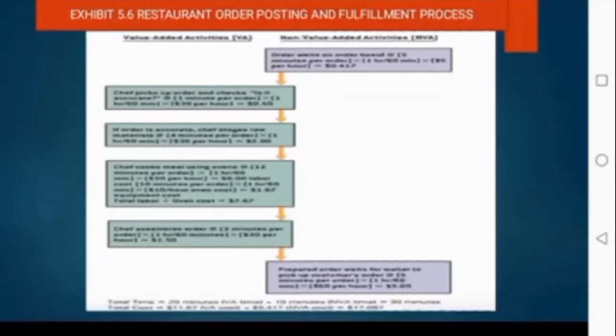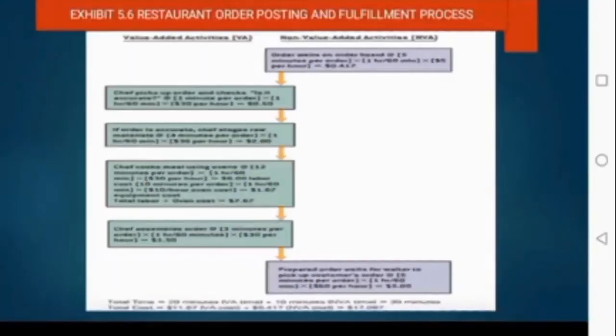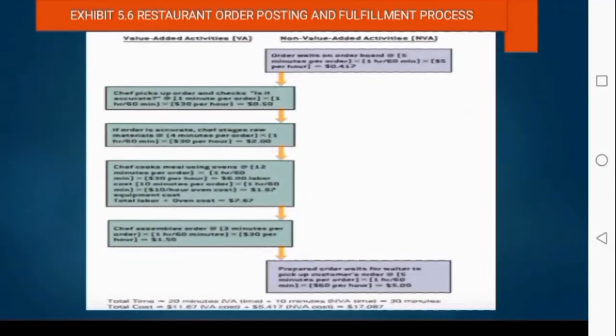Next is restaurant order posting and fulfillment process. So parehas sila atong ikaduha nga chart nga akong gipakita. So ang nakalainan diri is naa siya value added activities o non value added activities. So first is non value added activities. Order waits on order board at 5 minutes per order times 1 hour over 60 minutes times 5 per hour is equal to